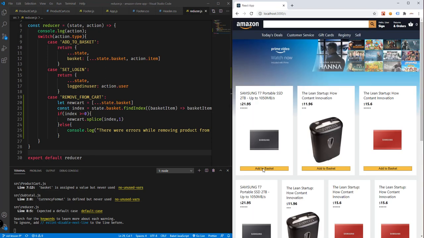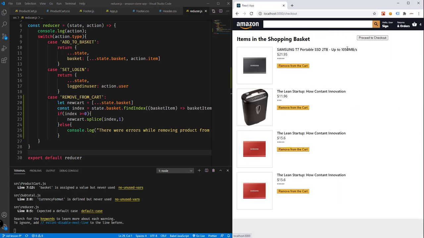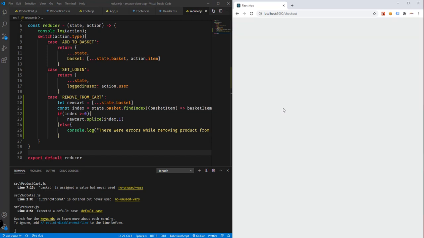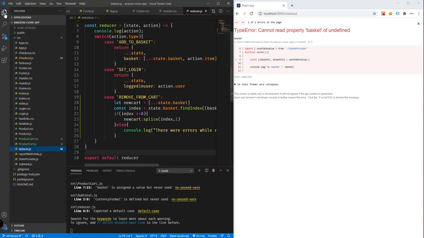Let's try to add items to our basket, and click on the cart and the remove from cart button, and we're getting this particular output again. Cannot read property basket of undefined, coming from our header file,